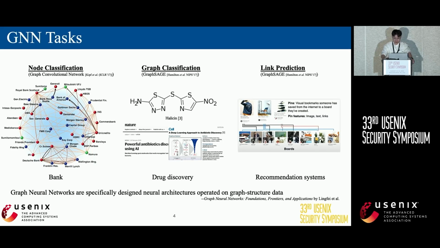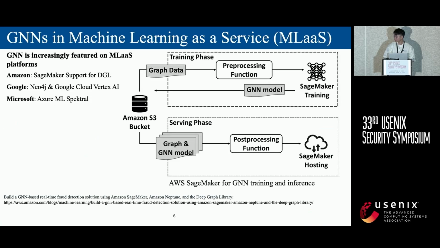Graph neural networks, or GNNs, are a special neural network architecture designed to operate on graph structured data. There are mainly three tasks: node classification, graph classification, and link prediction. Today we'll be talking about node classification. Node classification refers to the use of GNNs to classify nodes into a particular category or class. The client sends the node ID to inquire the node class, and the server returns the inference results to the client.